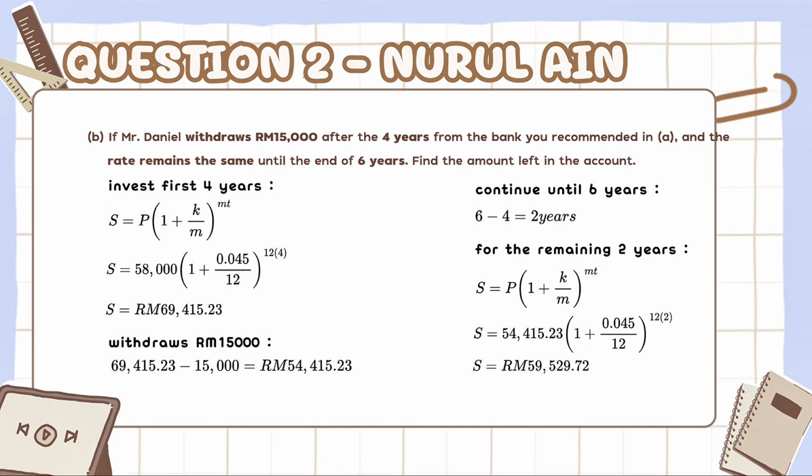To solve it, we need to calculate the first 4 years and use the exact same formula to calculate the future value of the investment. Using the S formula, we substitute P equal to 58,000, K equal to 0.045, M equal to 12, T equal to 4. The answer that we will get is RM